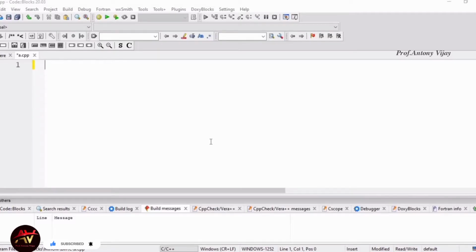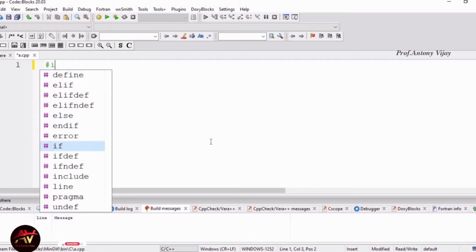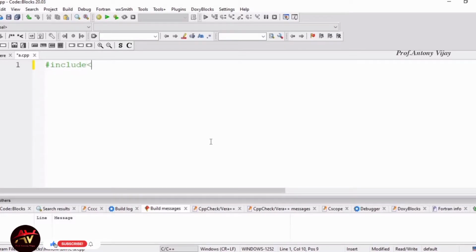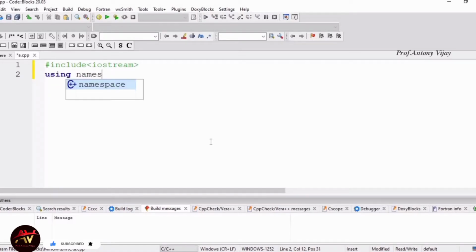I have included the header file #include <iostream>, then using namespace std in order to avoid namespace collision, then the main function with return type integer.